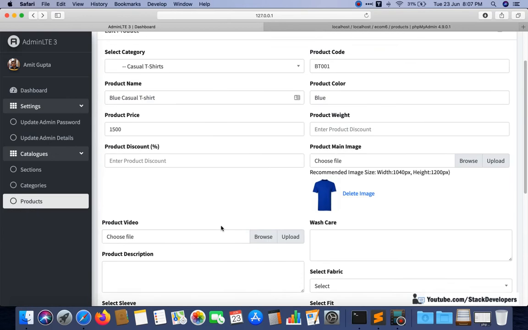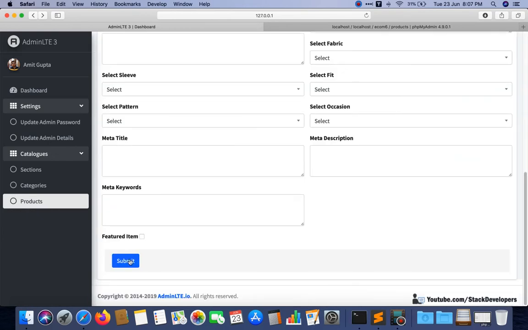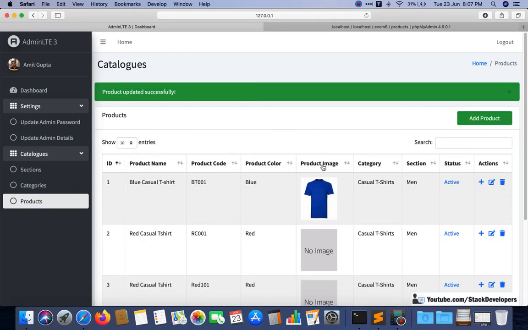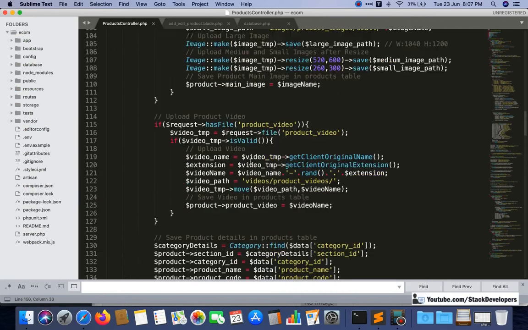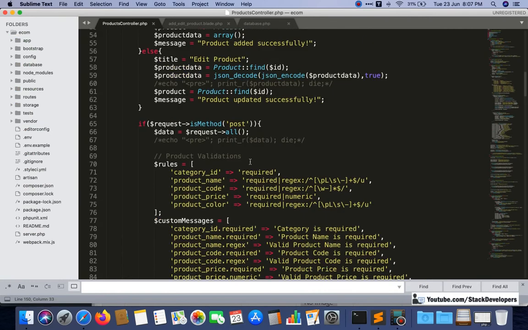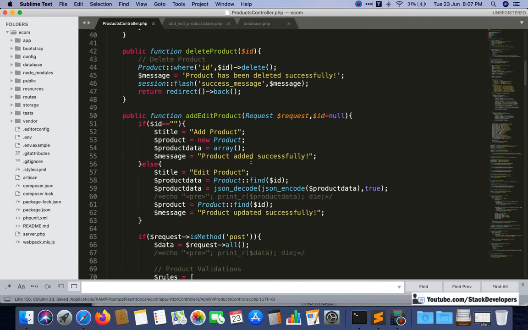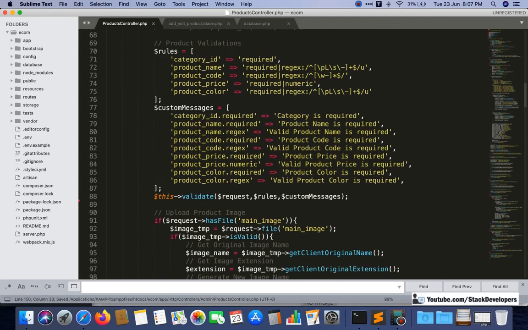And now see, if I have not selected anything and click on submit, no error is coming. Now you can see everything we have done. Now there is no condition required here. Like this you can update your code as well, update the add edit product function at your end as well.